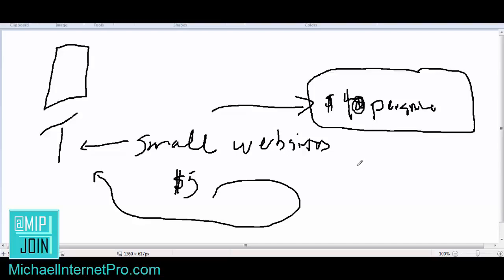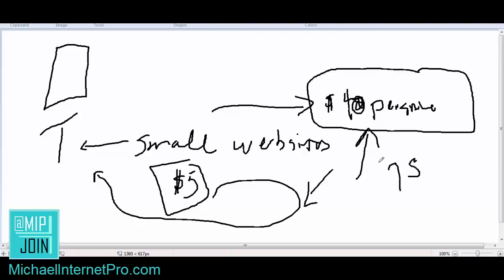This is what we call buy low, sell high. So this is going to be your buy low at $5, and you're going to be selling it high at $40. And this is what every business around the world does. It's what commerce is really about. It doesn't matter if you were selling newspapers on a street corner, you're going to buy them at 25 cents and you're going to sell them for $1.50. And over time, with enough people per day, you can make somewhere like $75 just by standing outside on a Saturday or Sunday morning. You make $75 a day doing things like that because you're of course going to make profit on each paper that you sell. So this is the same principle.